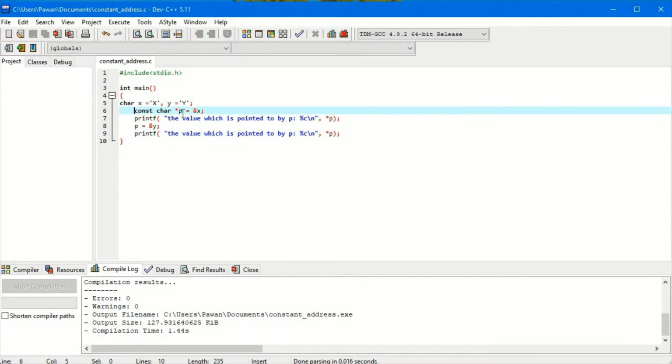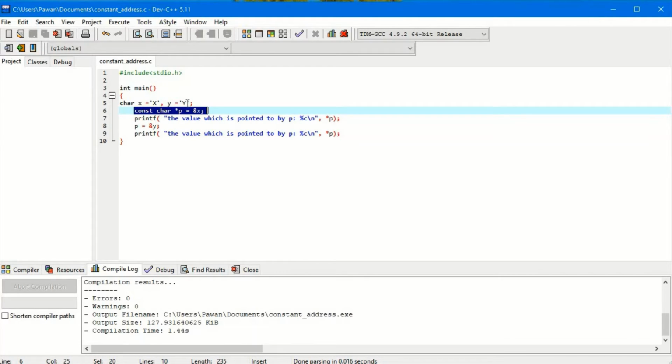Through this statement we cannot change the value, but we can change the pointer. So we are changing the pointer address and assigning y. Now we are printing the same statement, the value which is pointed to by p, percentage c asterisk p. This time asterisk p will contain the value of y, because the address in p has been changed.